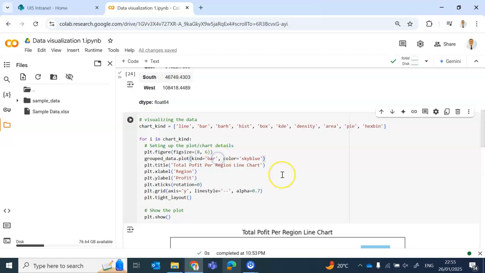Instead of this being bar, I'm going to make it i, because now i is going to change from bar to barh to hist all the way in. And instead of having this line here, I'm actually going to put plus i, and you will see what I mean there. Okay, so this is going to print